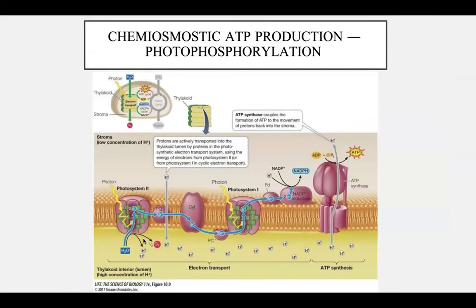Okay, here's just describing that again. You have water being broken down into hydrogen ions and oxygen. Photosystem 2 obtains energy from a photon. Photon is your light energy. As it obtains energy from a photon, an electron gets excited. It goes through different complexes. These complexes obviously cause hydrogen ions to go through as well. As the electrons go through different complexes, they eventually end up at NADP plus reductase, where NADP plus becomes NADPH, an electron carrier. The hydrogen ions that are now in your thylakoid go through your ATP synthase into your stroma, producing ATP.